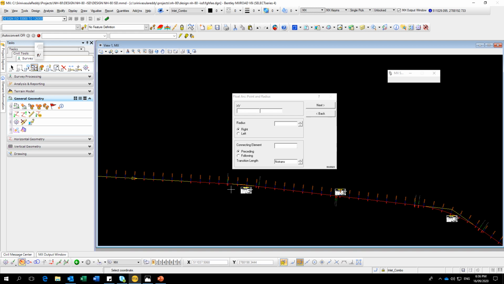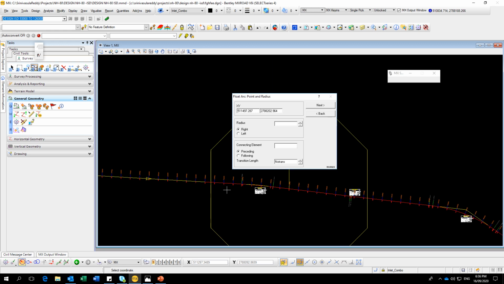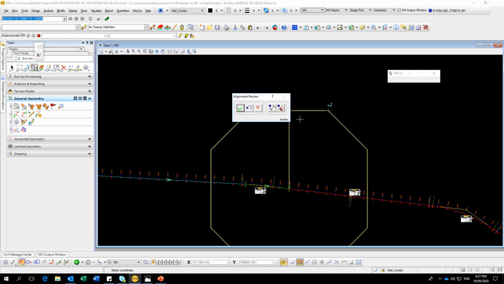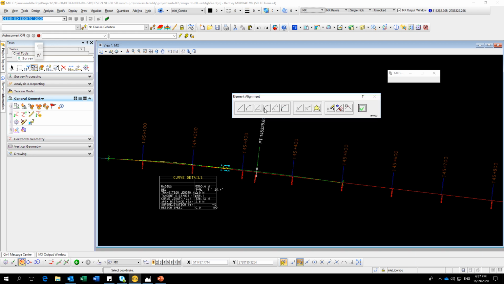If you have some specific point, up to this point you have to create an arc, and then give some radius like 5000. The preceding element is this one. Click the preceding element, and if you want to give some transition you can give it, no issues. Then next, the curve ends here. You can give the end of the curve. So now this option is over.